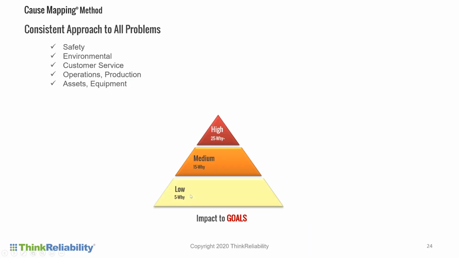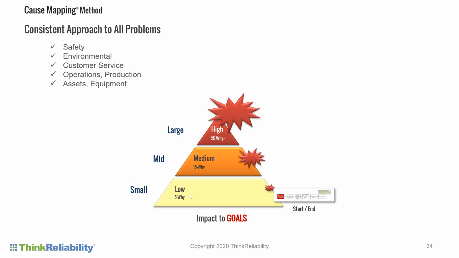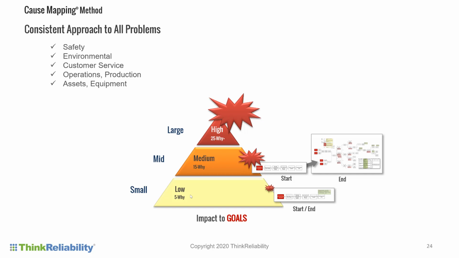So here's really how it connects for us and our approach is there are small, medium, and large problems in your company. There are small problems, medium-sized problems, and large problems. Your small problems, whether they are safety, environmental, customer, patient safety issues, operations, schedule, production, equipment, regardless of the type of problem, you can start with a basic cause and effect analysis. It is going to stay, because it's a small problem, fairly basic in terms of cause and effect. If it's a bigger problem, it is still going to start with 1 to 3 to 5 why questions. It's going to start basic cause and effect, but it's going to expand into 10 or 15 if needed.